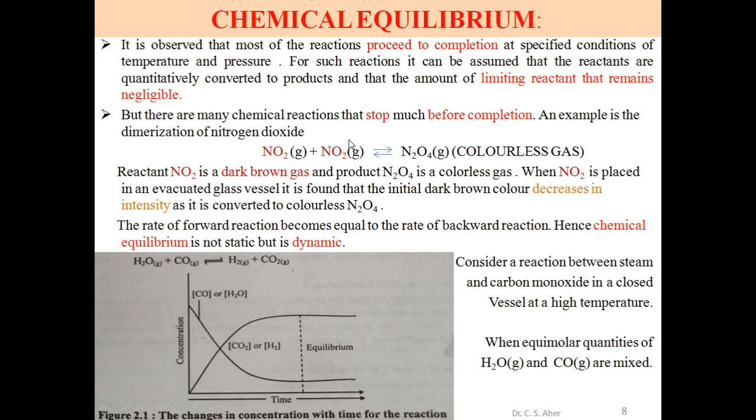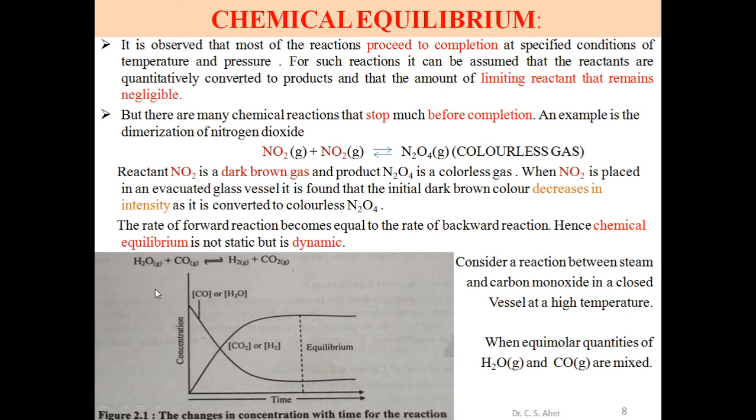In the equilibrium state, both reactants are also considerable in the second statement. It is not negligible like in the first statement. There it is negligible, but in the second statement the amount of reactant is considerable, and thus we observe this decrease in intensity of color due to mixing of the colorless gas. There is no colorless product, but it is a mixture of reactant and product, and thus the intensity decreases for this reaction.